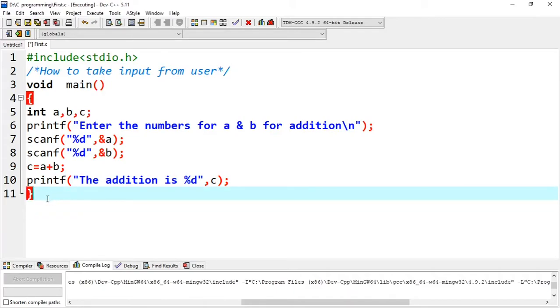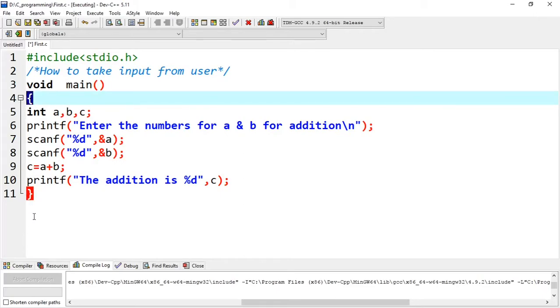Addition of two numbers. Never forget to give the curly braces, an open curly brace and a closing curly brace. It will always come in pair. So if you miss any of the curly braces, it will give an error. Once you put an open curly brace, you should also have a close curly brace. By this process you should be able to print the addition of two numbers.